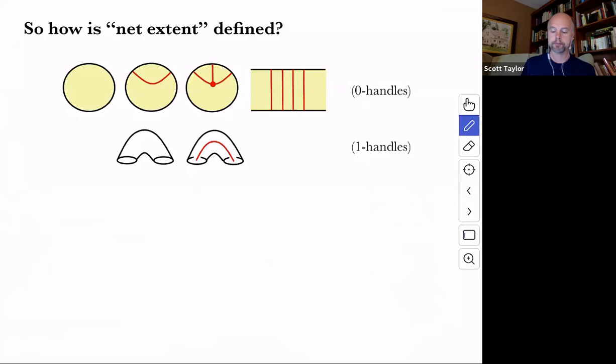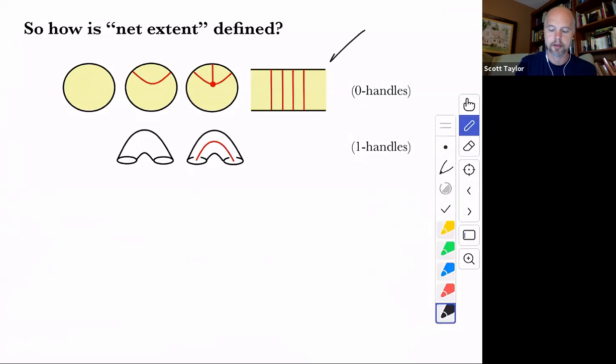over all possible ways of building. So the building blocks are in terms of handles, and so we have 0 handles, and there are 4 types. There's a 3-ball with no bit of the spatial graph in it. There's a 3-ball with an unknotted arc. There's a 3-ball with an unknotted tripod. And then there's this other piece,